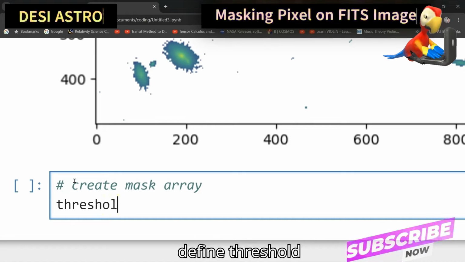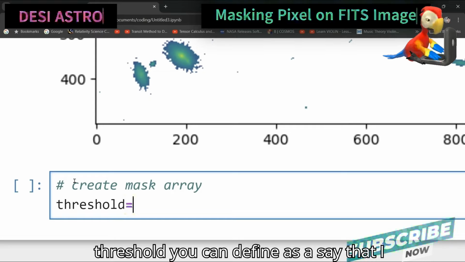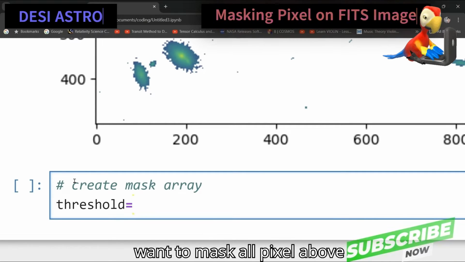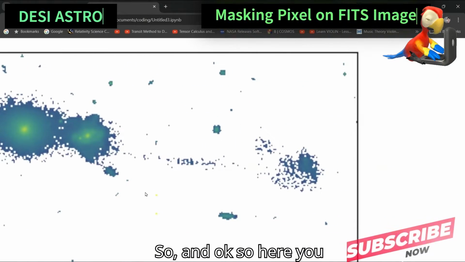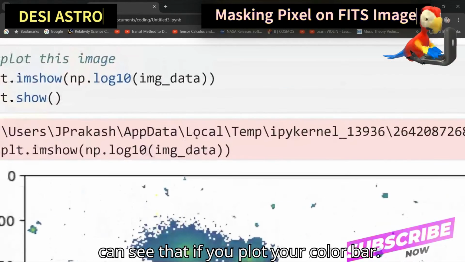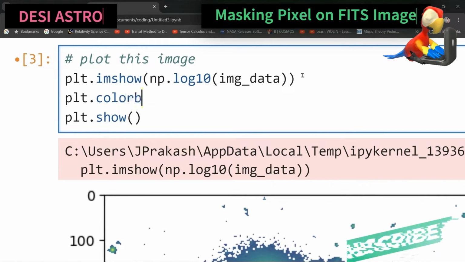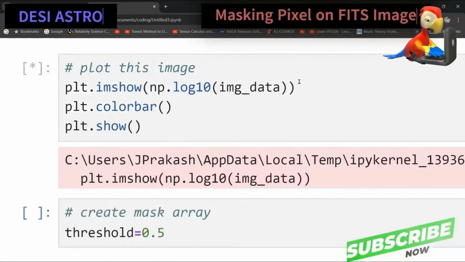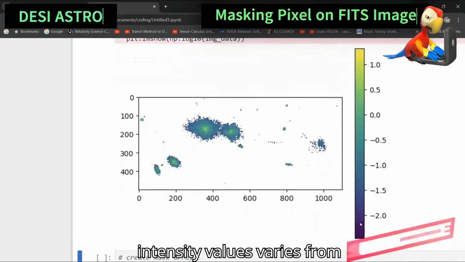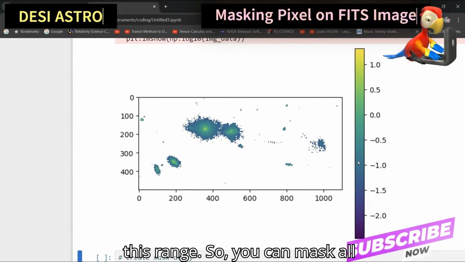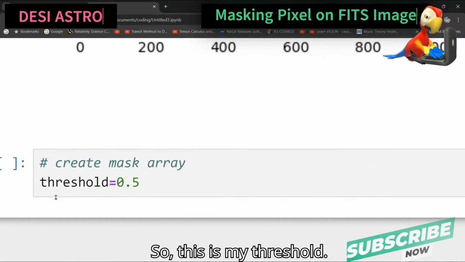So define threshold, right? You can define a threshold, say that I want to mask all pixels above 0.5. If you plot your color bar, plt.colorbar, you can see that your intensity values vary across this range. So you can mask all pixels above 0.5. This is my threshold